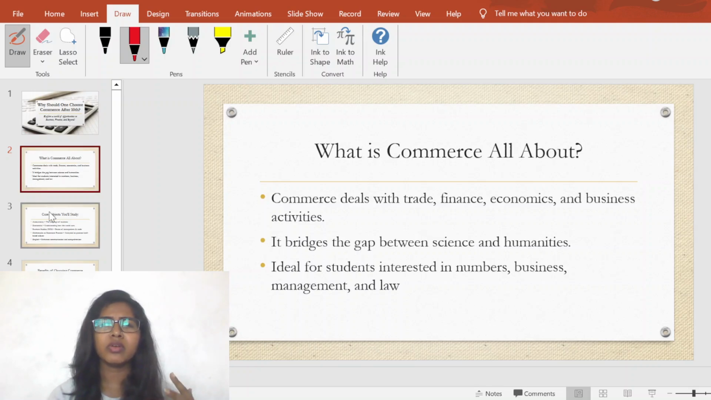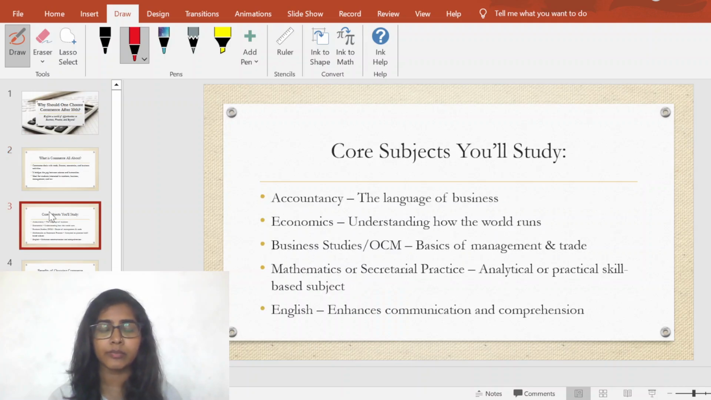Let's start from the ground level: okay, I have chosen commerce, and now what am I going to actually learn? Which are the subjects I'm going to learn in 11th and 12th? The first core subject of commerce is bookkeeping and accountancy, where you'll understand how to record a transaction in your books. What is debit? What is credit? What is profit? What is loss? All the fancy terms that you hear in Shark Tank,